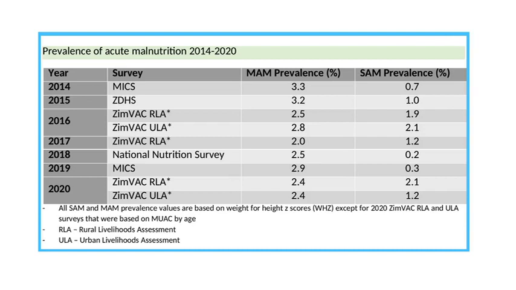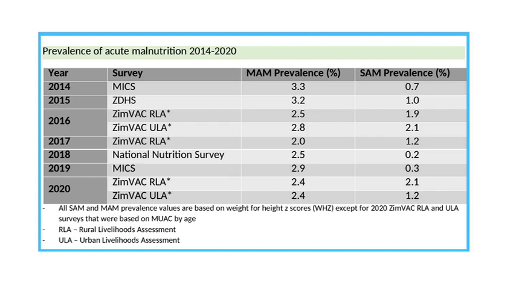In 2017, according to the ZIMVAC Rural Livelihoods Assessment again, the MAM prevalence was 2.0%, and the SAM prevalence was 1.2%. In 2018, there was a National Nutrition Survey where the MAM prevalence was 2.5% and a SAM prevalence of 0.2%. In 2019, the Multiple Indicator Cluster Survey, or the mixed survey, had a MAM prevalence of 2.9% and a SAM